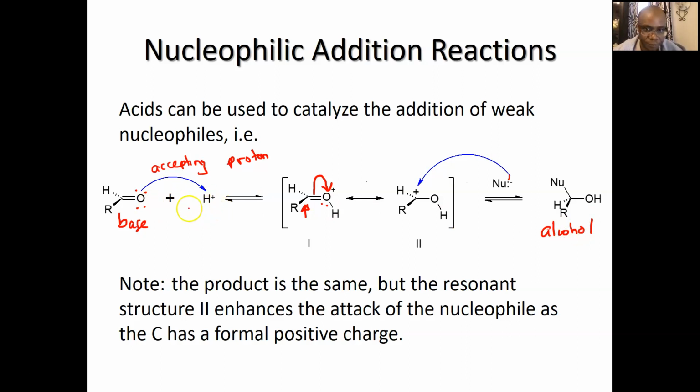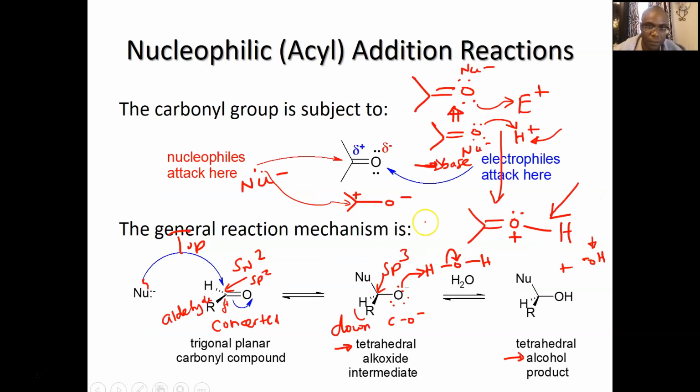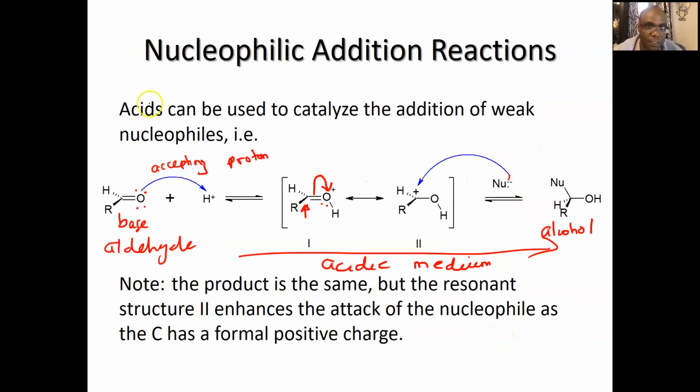So you can convert an aldehyde to an alcohol either in acidic medium or right here in basic medium, because this is negatively charged, so we are in basic medium. Okay, see how you're forming a base here, and alkoxide is a strong base. So this is basic medium reduction condition from aldehyde to alcohol. This is acidic medium reduction reaction of the aldehyde to the alcohol. Okay,